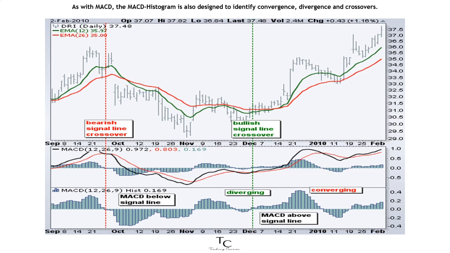As with MACD, the MACD histogram is also designed to identify convergence, divergence, and crossovers. The MACD histogram, however, is measuring the distance between MACD and its signal line. The histogram is positive when MACD is above its signal line. Positive values increase as MACD diverges further from its signal line, to the upside, and decrease as MACD and its